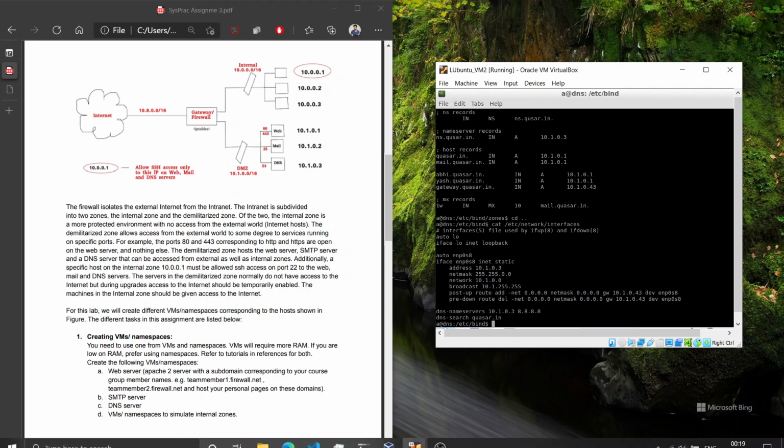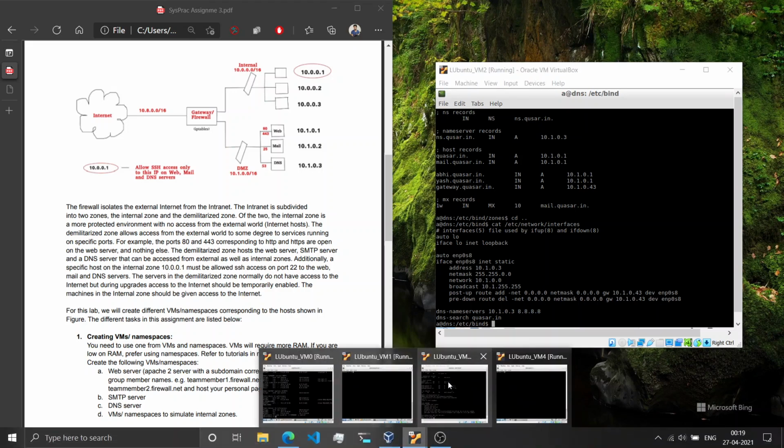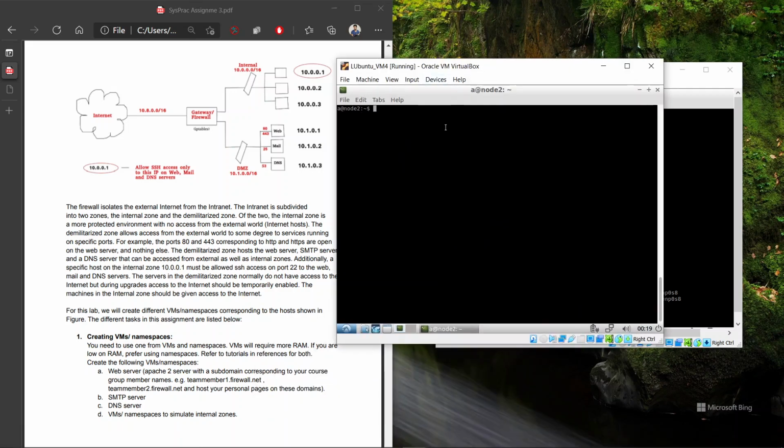Now let's try to send an email to this using an external node. What we would do is use telnet and specify the name of our domain name server, and then this is the port. Now mail from this would be node2@qsar.in.